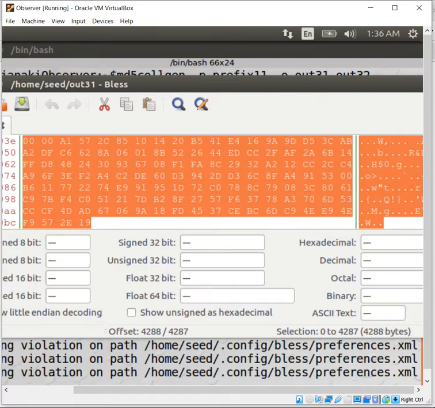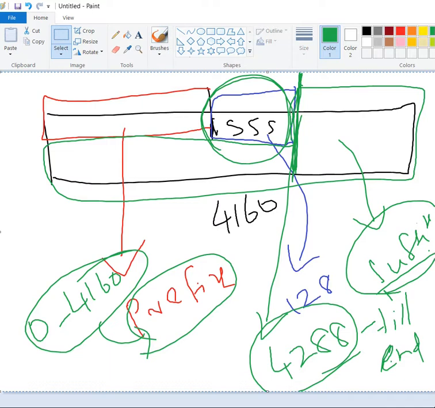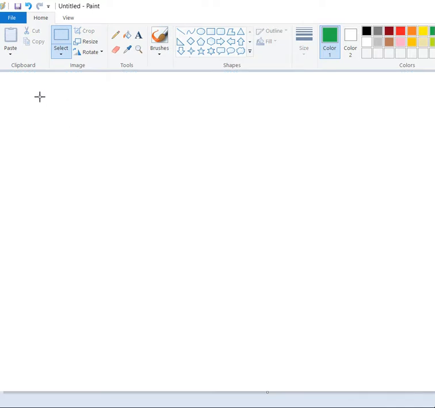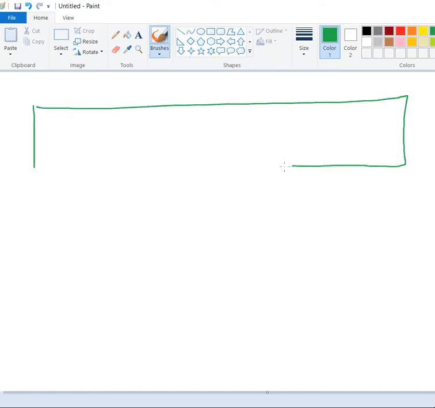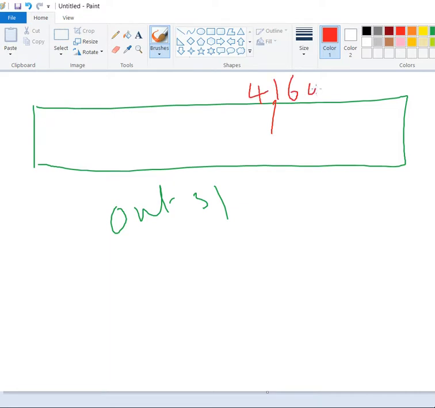What is the meaning of 4288 bytes? Here this is my file out31, right? In that file, up to 4160 is my content. What is my content?